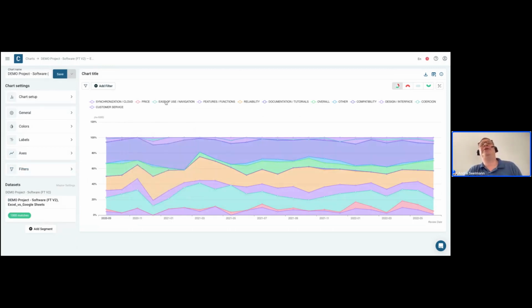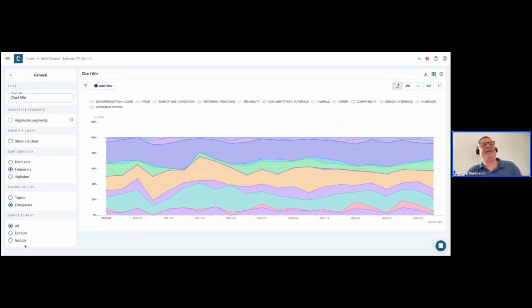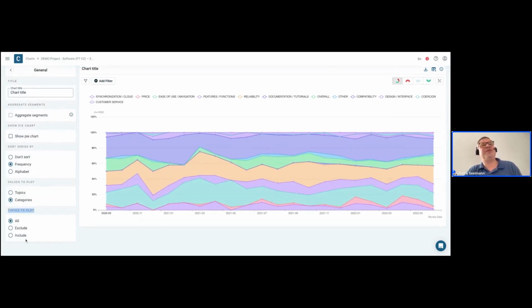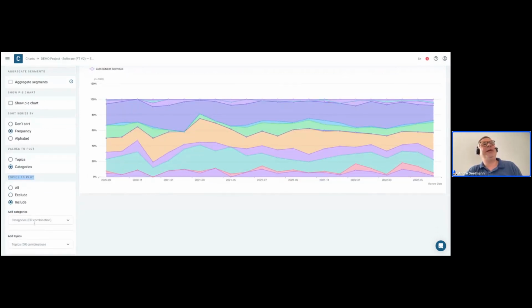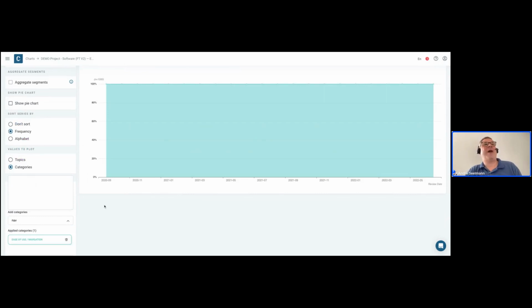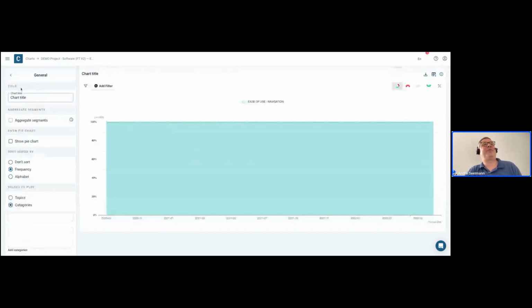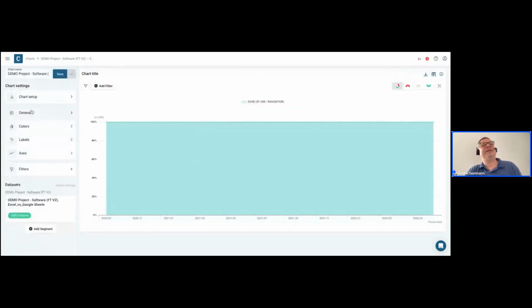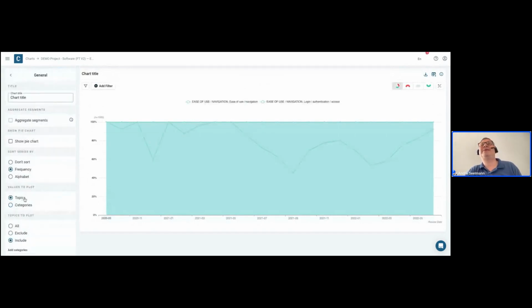If you think, I only want to see what's going on in ease of use in navigation, then you maybe say, oh, topics to plot here in general include only the navigation category. I chose that here. Of course, that's now 100%. And then I probably have to take off here in general the topics and show it on a topic basis. Okay, there are only 3 topics, but you can see how they moved,